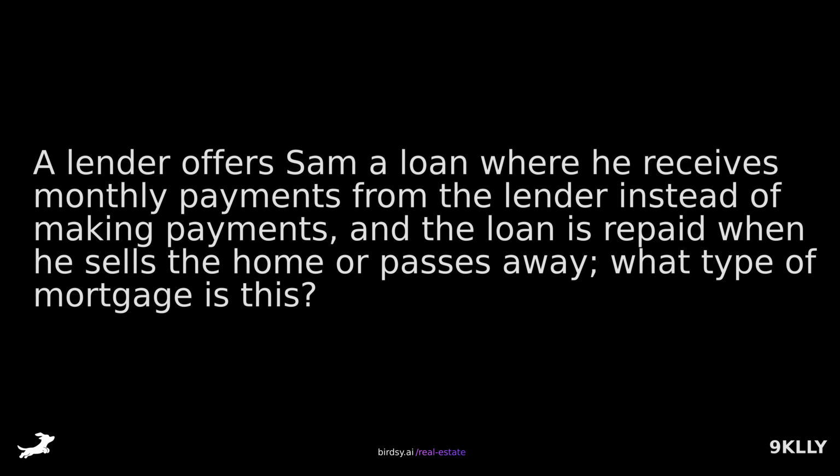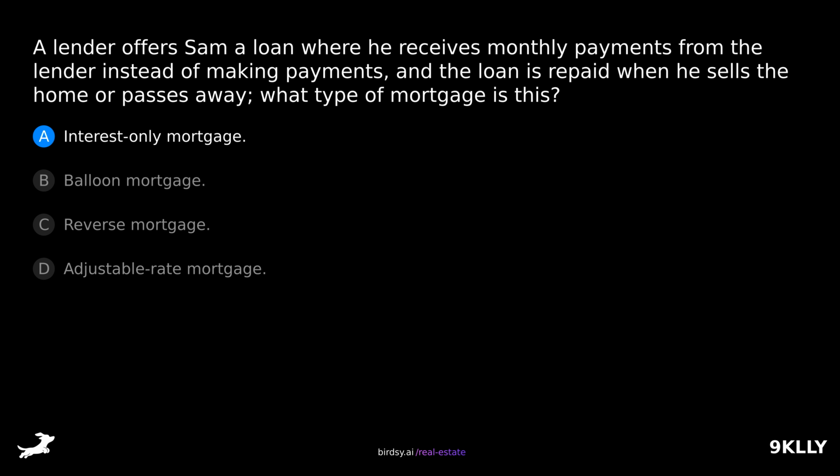A lender offers Sam a loan where he receives monthly payments from the lender instead of making payments, and the loan is repaid when he sells the home or passes away. What type of mortgage is this? Is it A, interest-only mortgage, B, balloon mortgage, C, reverse mortgage, or